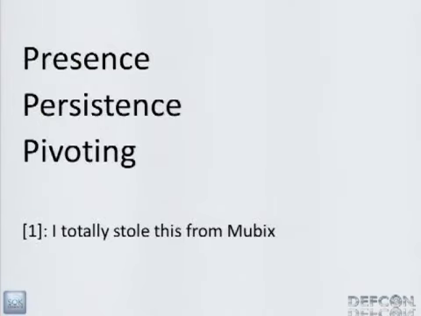I like to break post exploitation down into these 3 P's, and as the footnote says there, I totally stole this from Mubix. I get all my best ideas by stealing them from people. So presence describes where you are, who you are, what is this box, is it important for achieving your goal. Like I said, if your goal is just the shell, then your scoping sucks. So presence is all about what does this box do, who does it talk to, that sort of thing.